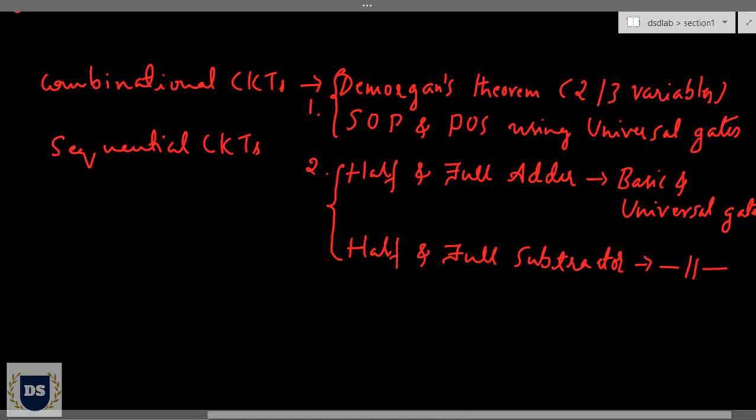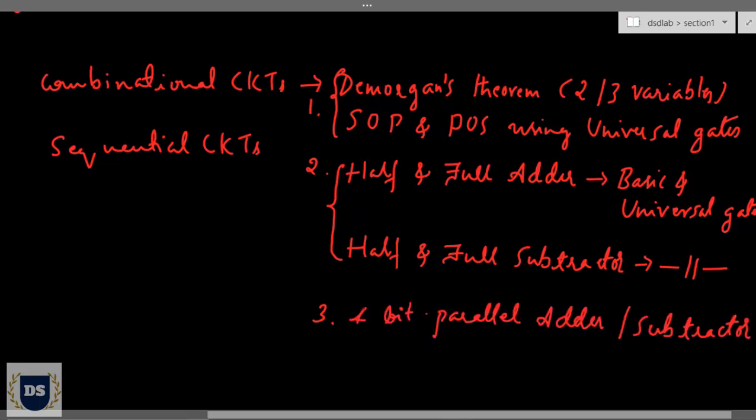In a similar way, in your third experiment, you will be realizing a 4-bit parallel adder subtractor using IC 7483, which is a parallel adder, and using the same circuit you will also realize a BCD to XS3 code generator, and vice versa.